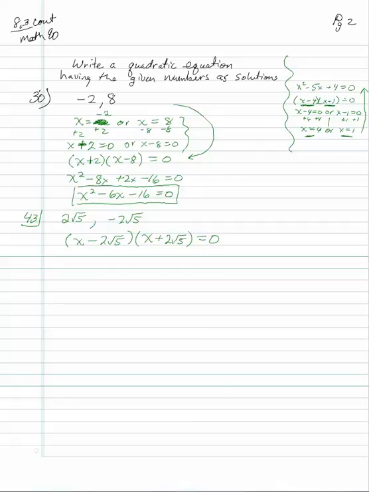Well, that's a different square. So it's x squared minus 2 square root of 5 squared. So it's x squared. So it's going to be 2 squared times square root of 5 squared. So that's 4 times 5, which is 20. Alright, that one wasn't so bad. X squared minus 20. Let's try number 48. So we got 5 minus 2i